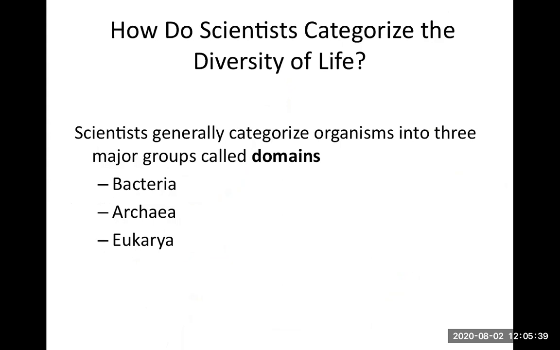But we also need to categorize all this life. Scientists, we generally break things into three major groups. We call those groups domains. It's the largest group, life, and life is organized into domains. We have three: bacteria, archaea, and eukarya. So bacteria and archaea, those look really similar. They're small, they're unicellular, they're usually shaped like a rod or sphere, and they